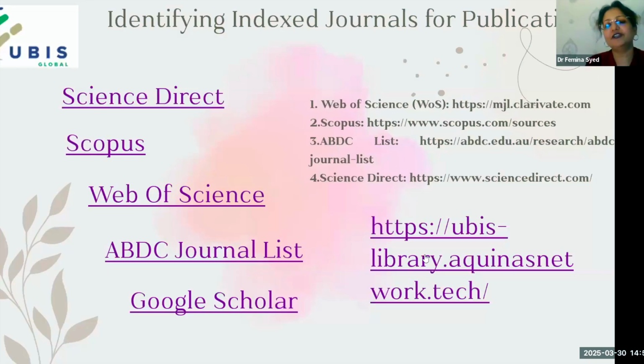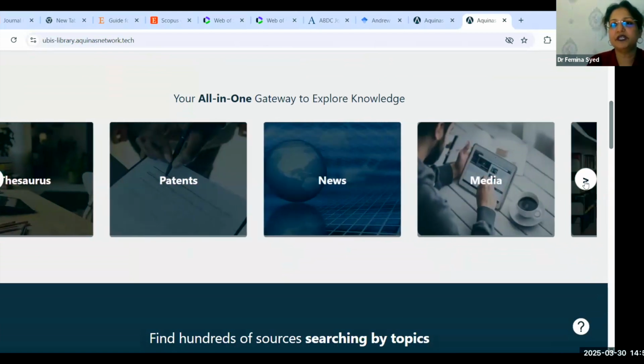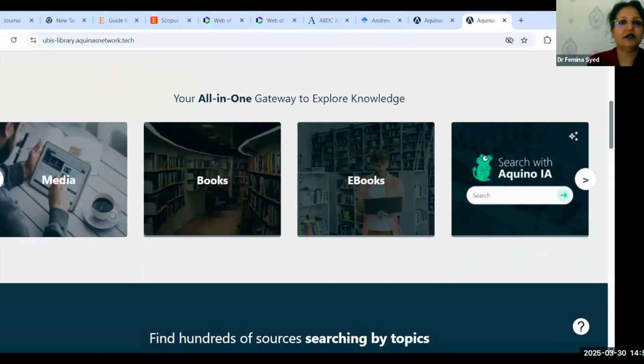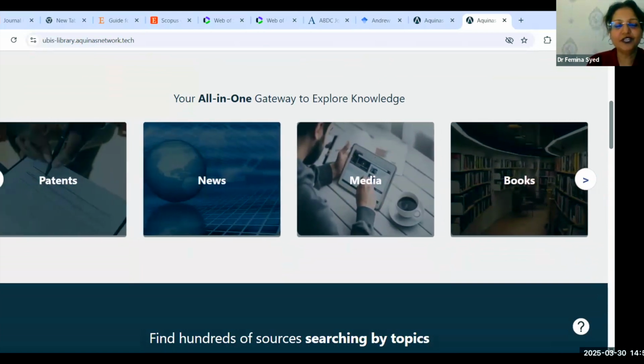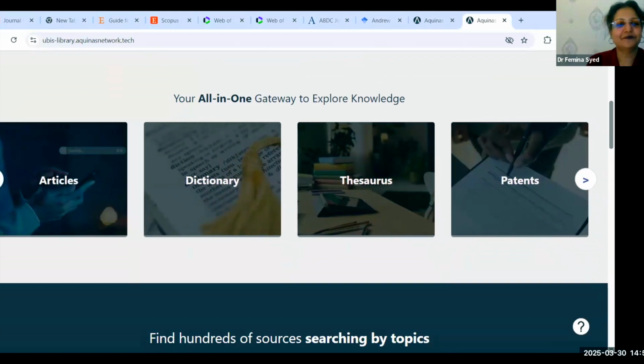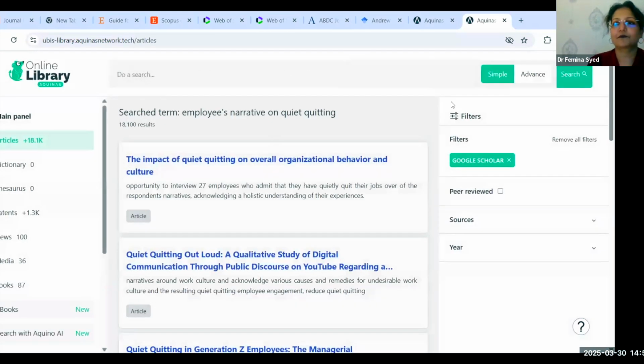UBIS has got our own online library. See, we have got a dictionary, thesaurus, patents, news, media, books, ebooks, all are available. The only thing is you have to make use of this. Say, click on article. See, you reach this page, and here you can do the normal search and you will get all the articles.